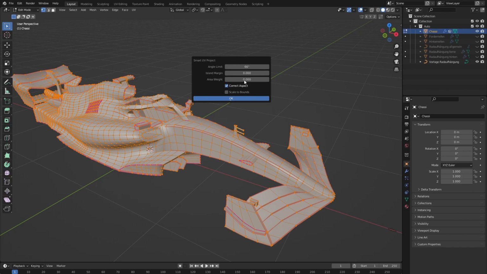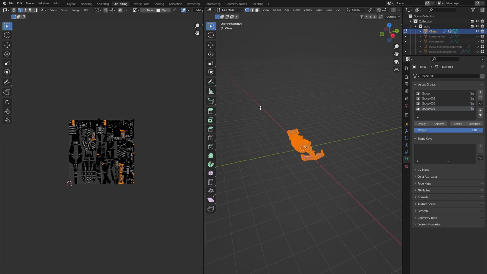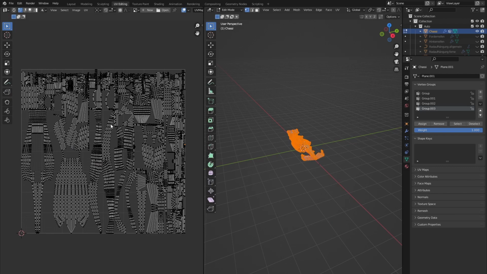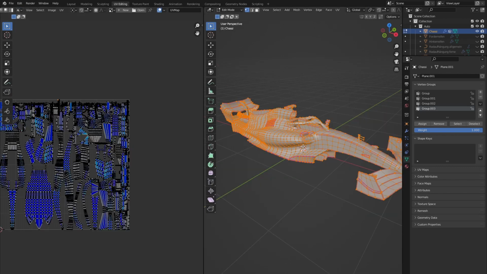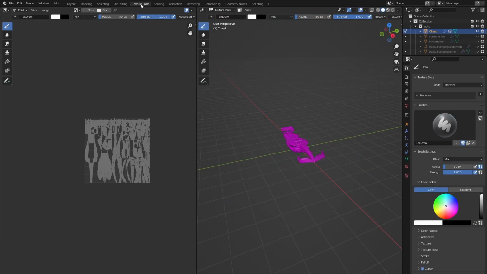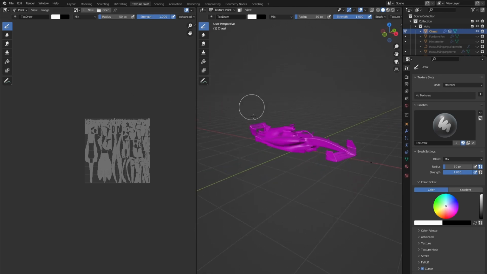All these default settings are pretty good, so I'm going to click OK. And then when we hop over to the UV editing tab, we can see that we have a pretty decent texture. And then we can go over to the texture paint tab,